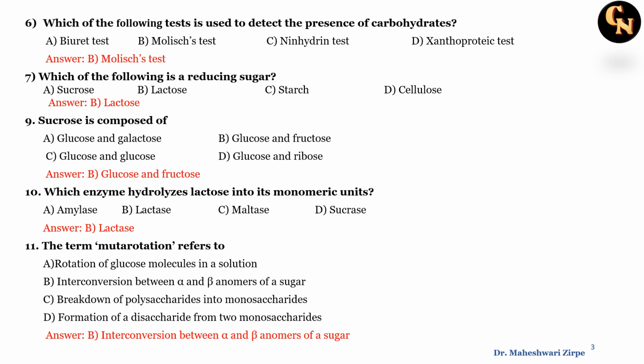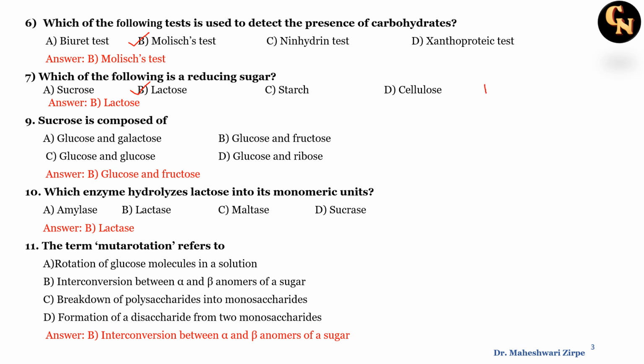Now the next question is: which of the following tests is used to detect the presence of carbohydrates? Children, in the laboratory we perform the Molisch test to detect the presence of carbohydrate. Next one is: which of the following is a reducing sugar? You know there are two types of sugar, non-reducing and reducing. Option B is the correct option, where lactose is a reducing sugar, whereas sucrose, starch and cellulose are said to be